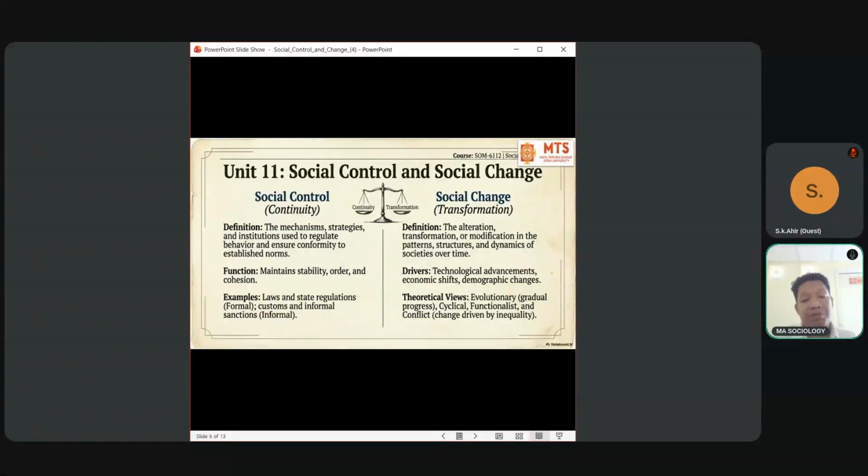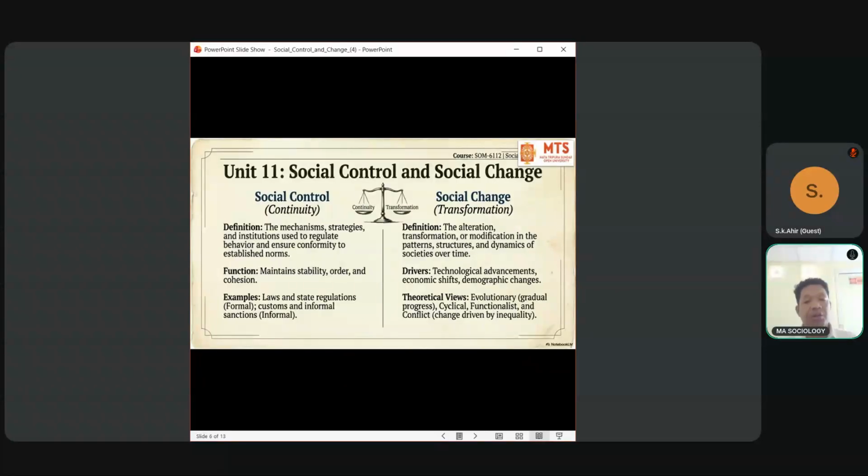And what about the demographic changes? So you know how India was once. Pakistan was part of India. But with the time frame, because of demographic demarcations, look, now there is a change. India has become one part, Pakistan has become another part. And Bangladesh also, very lately, became another autonomous country, right? So you know how demographic change also takes place because of social change.